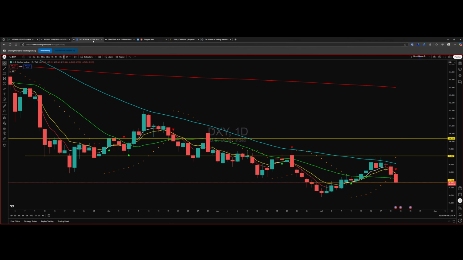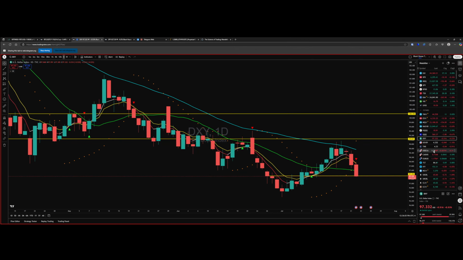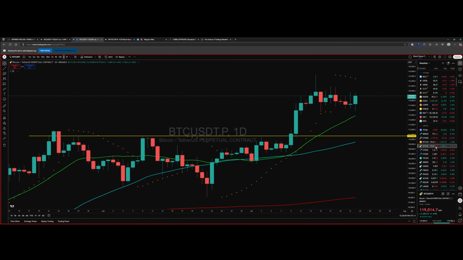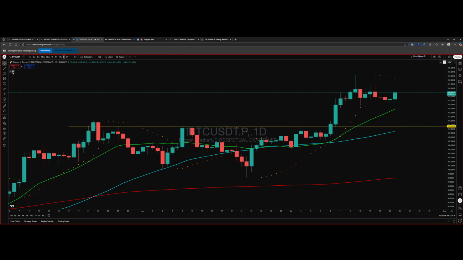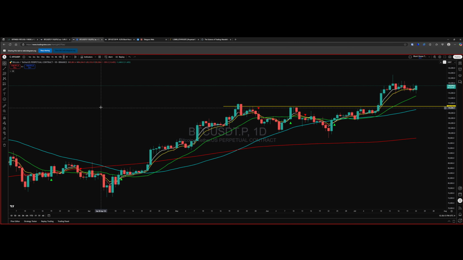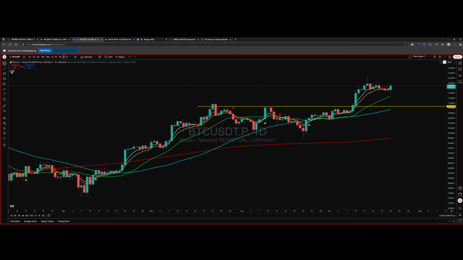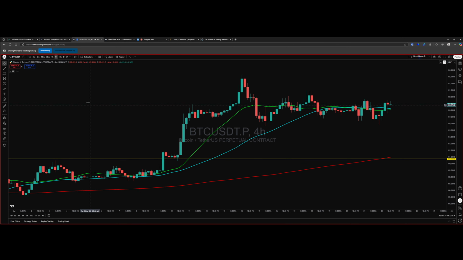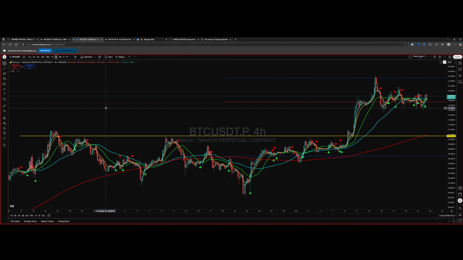Now, let's look at Bitcoin. Because who doesn't want to look at Bitcoin? Right? I'm going to take these parabolics off for just one moment. Okay. So this is the same Bitcoin chart that we've been using for a very long time. This horizontal yellow line is the line that we drew on the 4-hour chart in one of our streams a while back, when we were able to connect our first kind of consistent little top here, which proved to be very relevant over time.